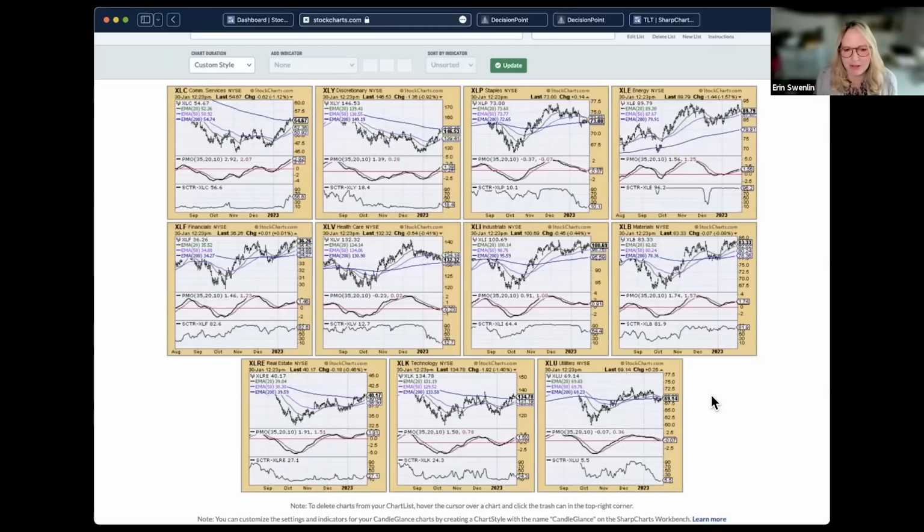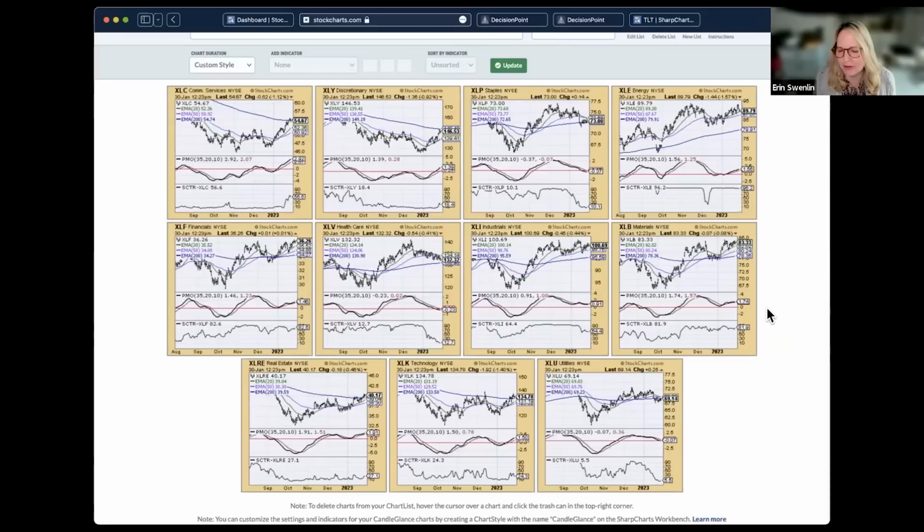Then there are those middle of the road sectors, and they honestly are looking a little bit middle of the road. Industrials, there is no momentum moving higher, so we have a sort of consolidation pattern sideways. You can see energy is still rising, but the PMO is flattening just a bit here. That is because we're having a pretty steady rising trend. That's part of the reason for that. But it's 96.2% as far as the StockCharts technical rank. So there is still a lot of strength under the surface for energy, even though we're seeing a slowdown here on rising momentum.